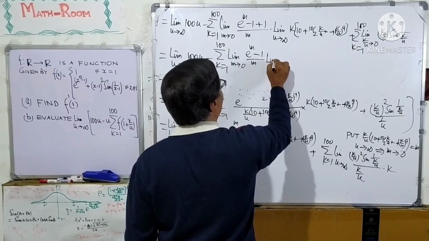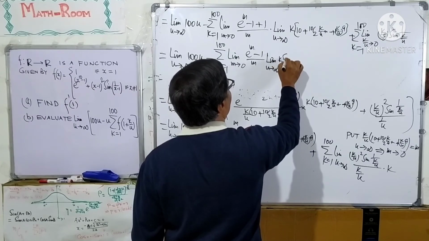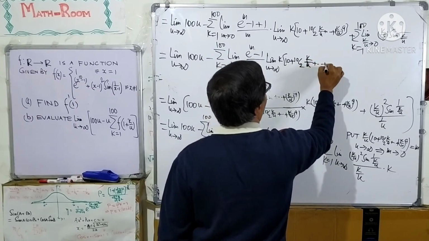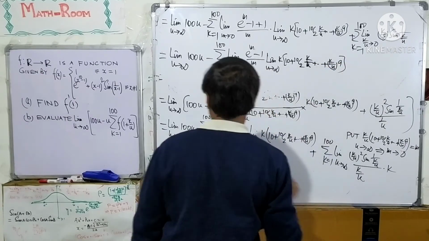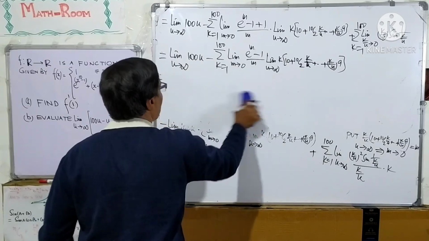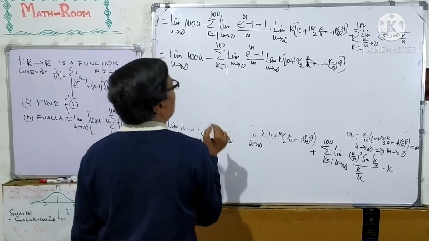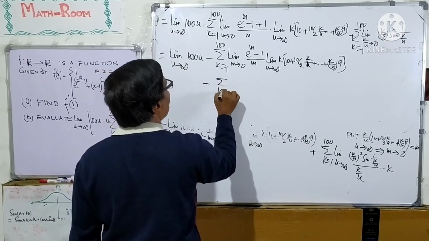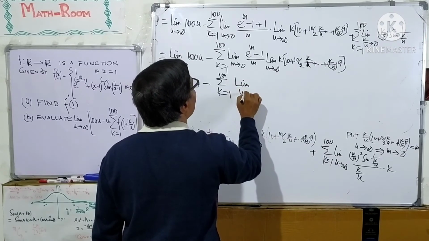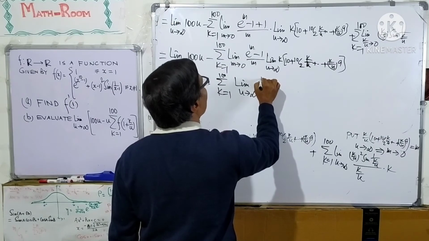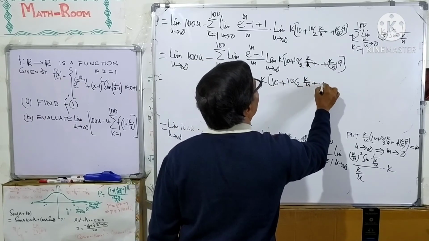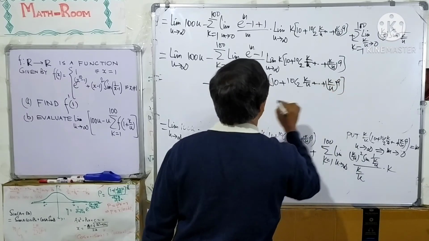The limit as u tends to infinity of k into 10 plus 10C2 k over u dot k over u to the power 9, this plus, minus the summation k equals 1 to 100 of the limit as u tends to infinity of k into 10 plus 10C2 k over u dot k over u to the power 9, this over